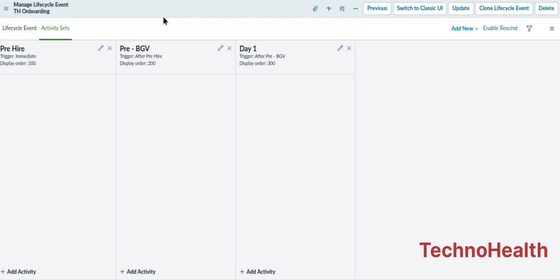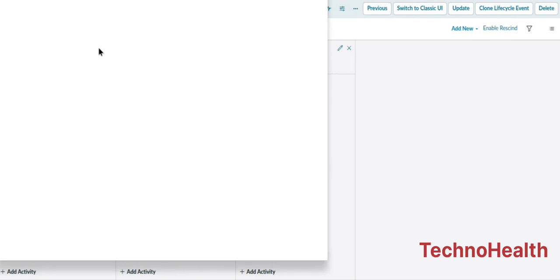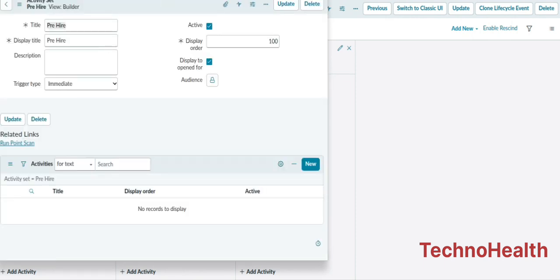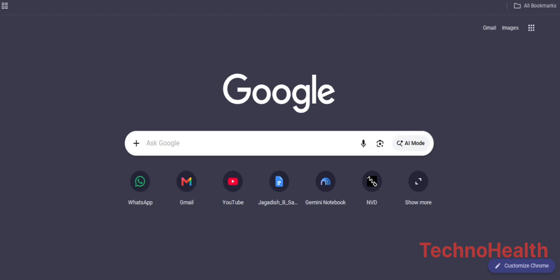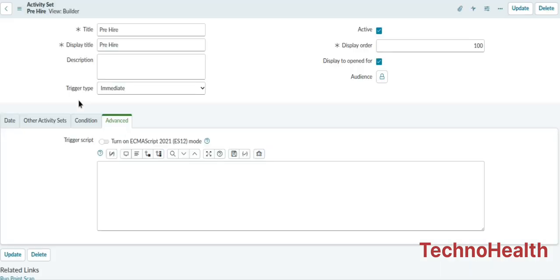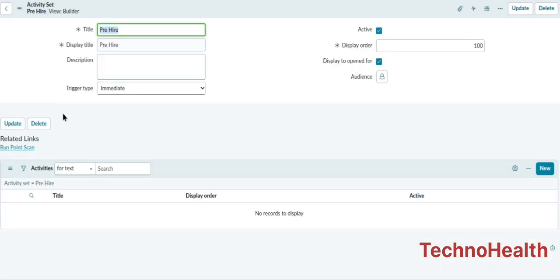In this TH onboarding lifecycle we have pre-hire, pre-BGV and day 1. In the pre-hire, I'm going to add one activity. So this is my pre-hire activity set. Under this, now there are no activities. Okay, I'm going to create one activity now,